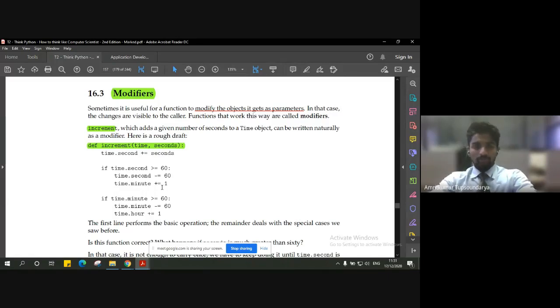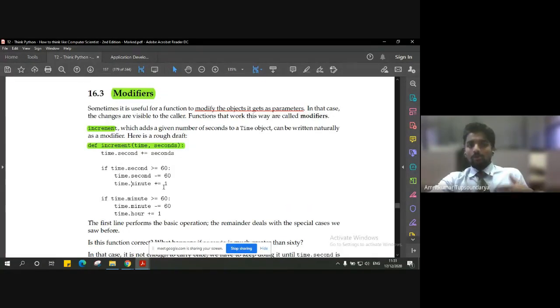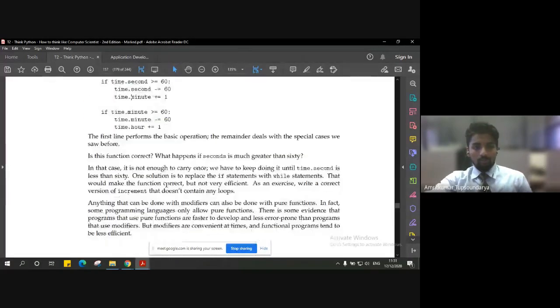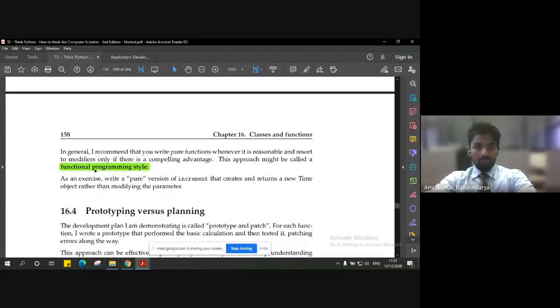That is fine, right? This way of programming, always having the pure function instead of a modifier, and using the modifier only wherever it is necessary for its advantage, is what we call the functional programming style, right?